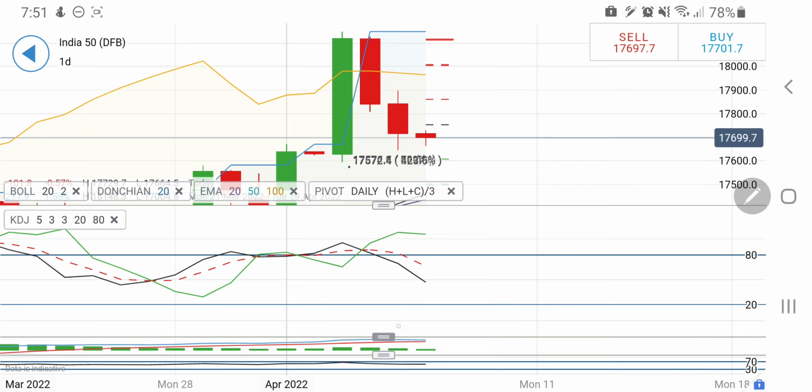Now look at the 4-hour charts. On the 4-hour charts, see, after this minor retracement, this is the second red candle, and also see red candles are there, but the body size is not very large here, and hence if you see it trading above this zone at 17,750, one can try to initiate a long entry there. Beyond 17,750, I'll expect that it may try to come back till towards 17,880, and then beyond that 18,000 is also very much possible. At the same time, on the downside, if you see it trading below 17,600, one can try to initiate a short entry there.